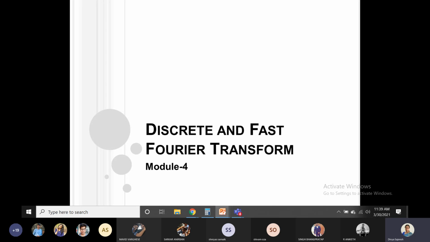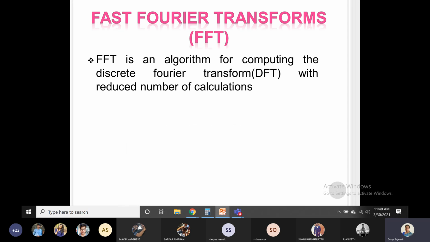So we were discussing in the last week the discrete Fourier transform, that is transforming the discrete signals from the time domain into the discretized frequency components. That is DFT, discrete Fourier transform, and to obtain the DFT we are learning the algorithms, because certain algorithms like fast Fourier transform will make the computation faster.